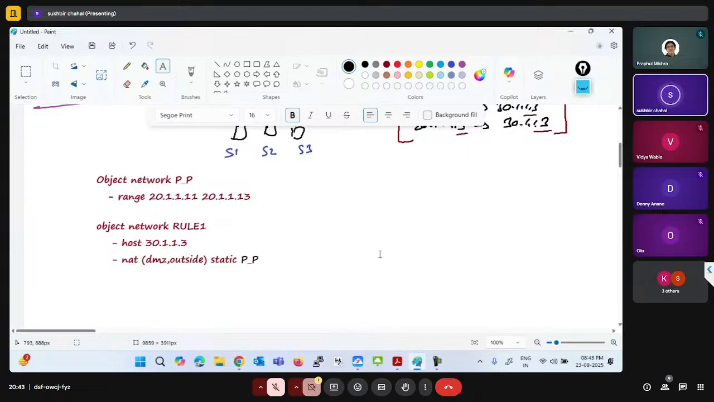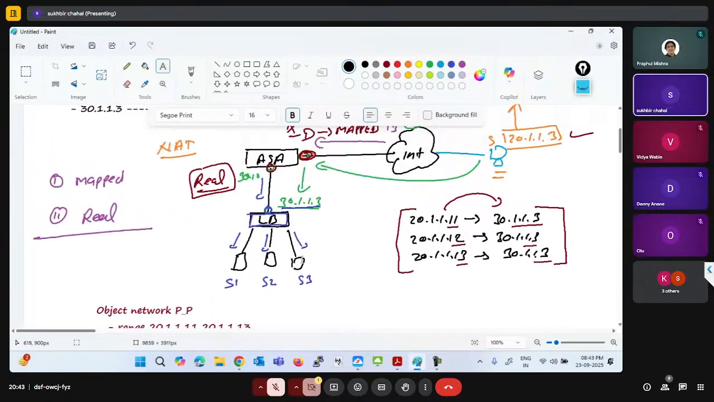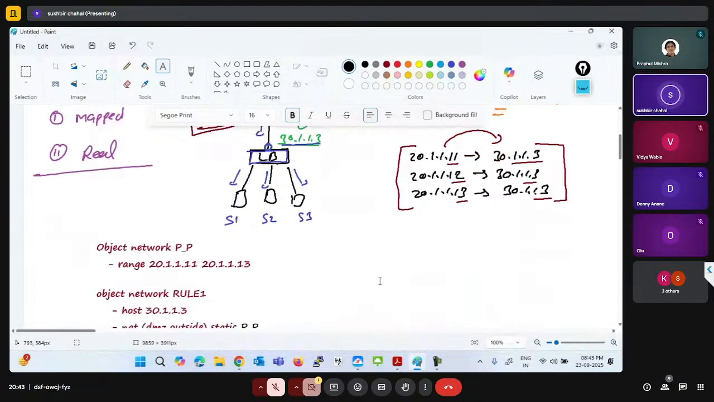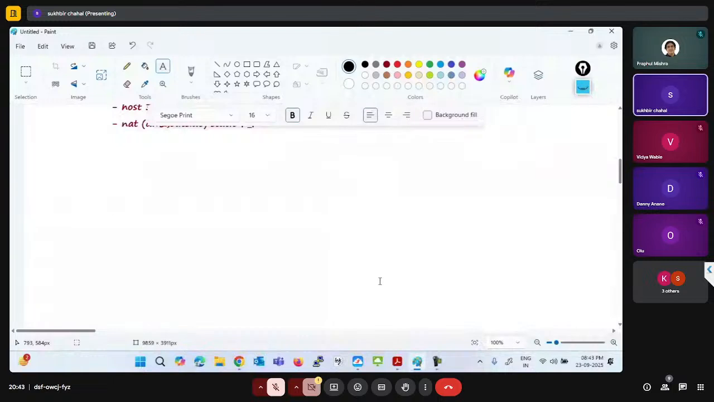So here we have multiple public IPs, and maybe also we have multiple direct server IPs. Maybe this time we don't have any load balancer. So maybe we have three servers directly here. I want these three servers to be translated to three public IP addresses directly. Okay, so in this example,